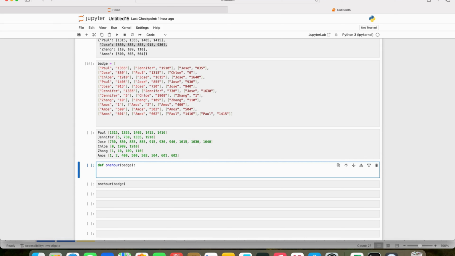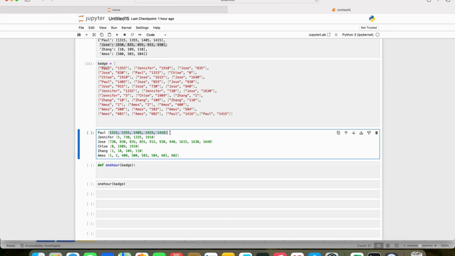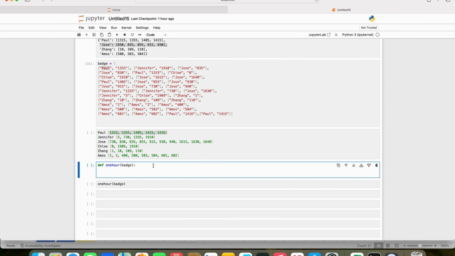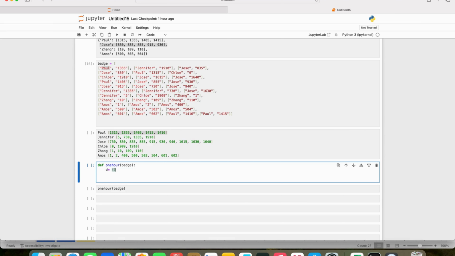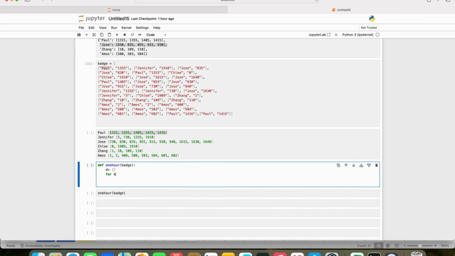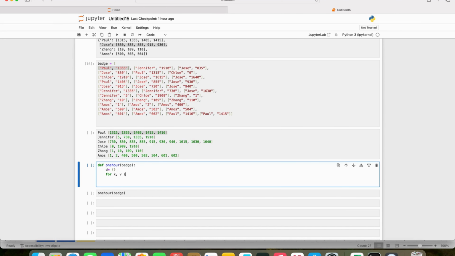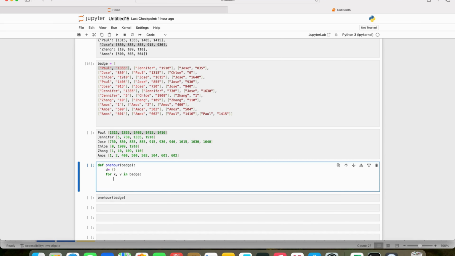The first thing I'll do is collect all the timings for each employee. My employee will be the key and all the timings will be in the value. So that will be a dictionary with the key, and the values will be in a list. I'll start defining a dictionary here, and I'll iterate through the loop. For k comma v, key comma value, in batch, if k in d,